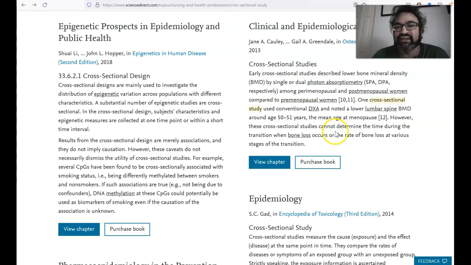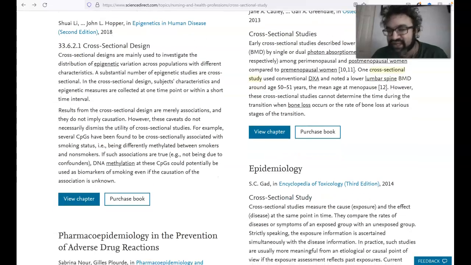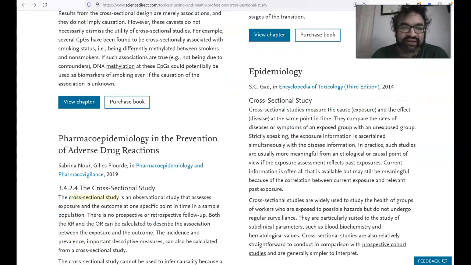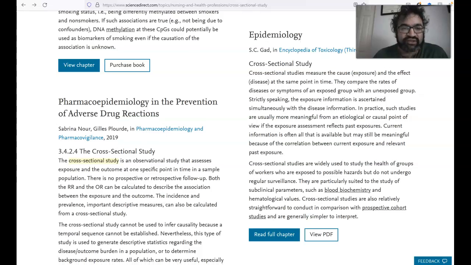So again, this cannot determine the time during the transition when bone loss occurs or the rate of bone loss. So these are some limitations of the study. But another topic area which you could explore by looking further into the article. So just going into and exploring other topic areas,